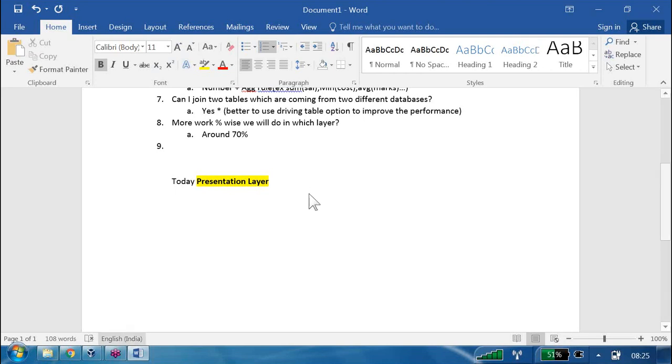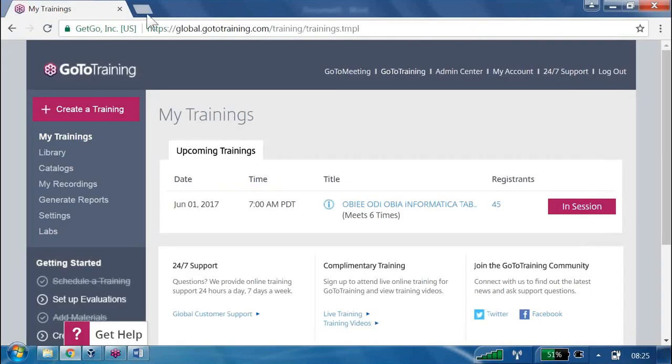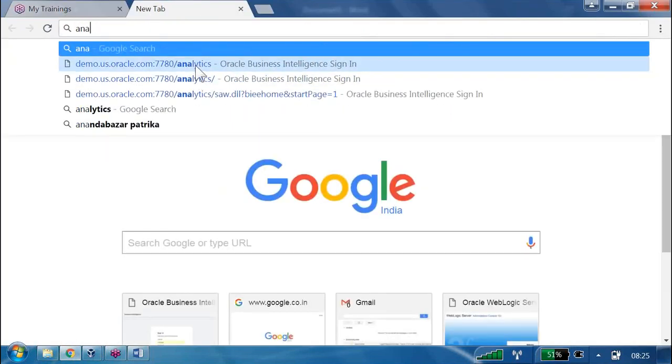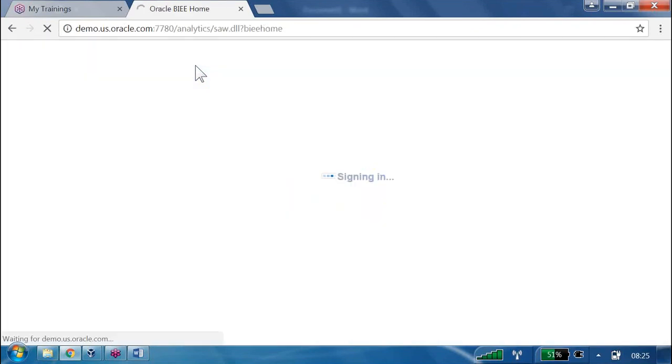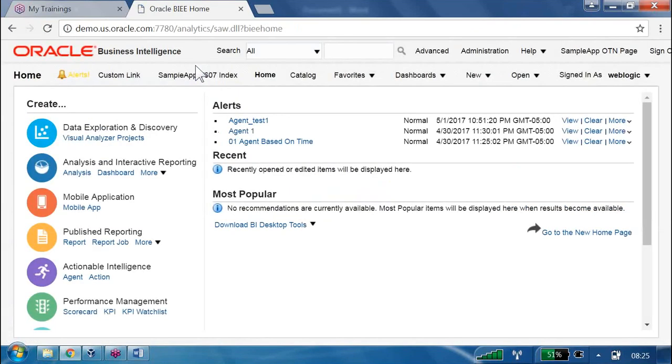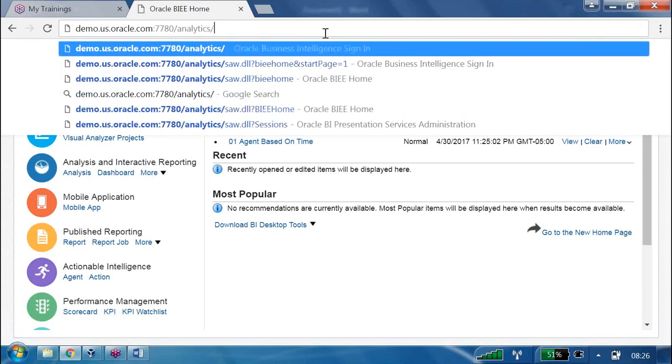End of the day, if I go here and try to open, for example, Analytics, then I try to log in. This is the page a report developer or a business user sees. Report developers and business users are going to see only this page. To get this page in our system, you need not install any OBI software, because it is a web-based component. Also observe this URL carefully; this is the URL we have to remember.